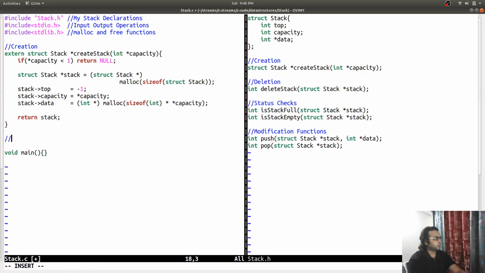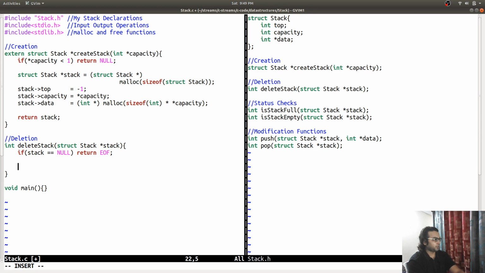And next, moving to deletion. Int delete stack. Which stack? This stack. Extern struct stack, right. If the stack pointer has a null reference, then I'm going to return end of file.